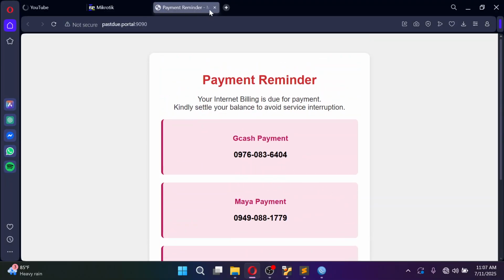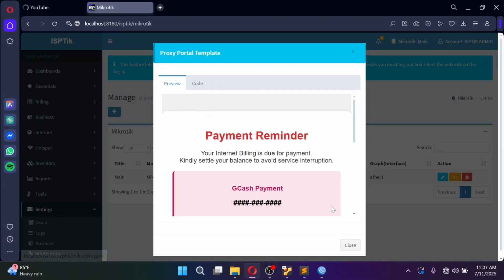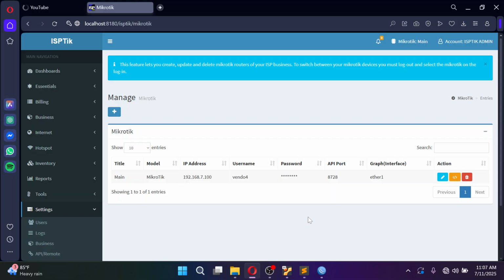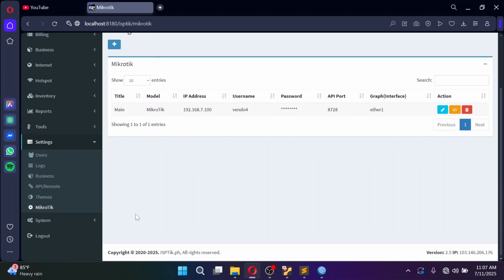Okay, so that, my friends, is the PPPoE profile, payment reminder, and then the activation and the importing of clients.